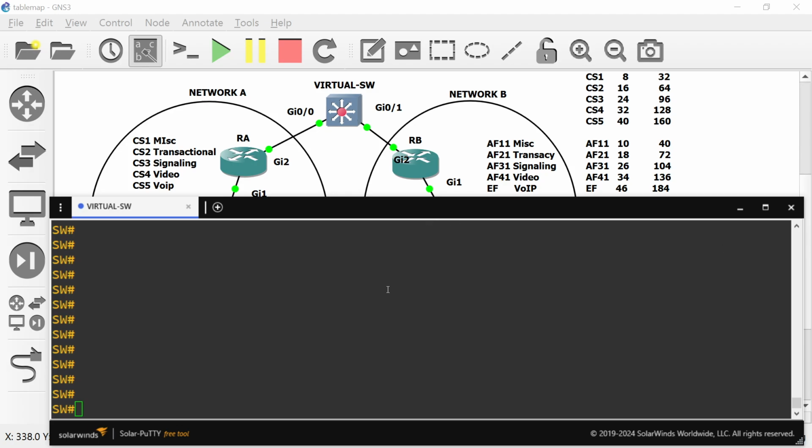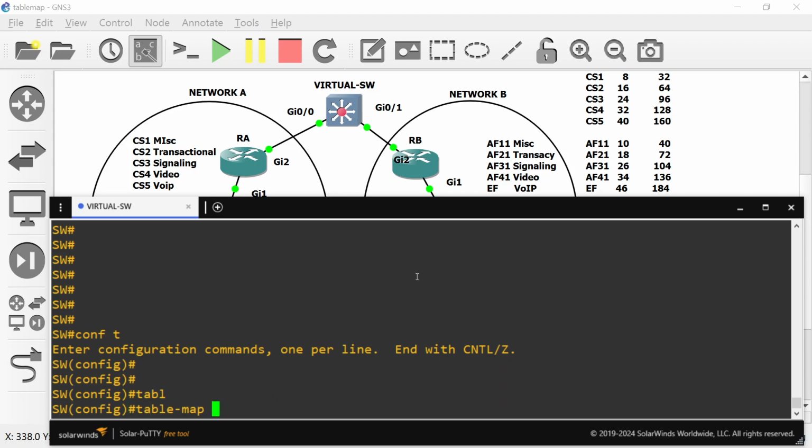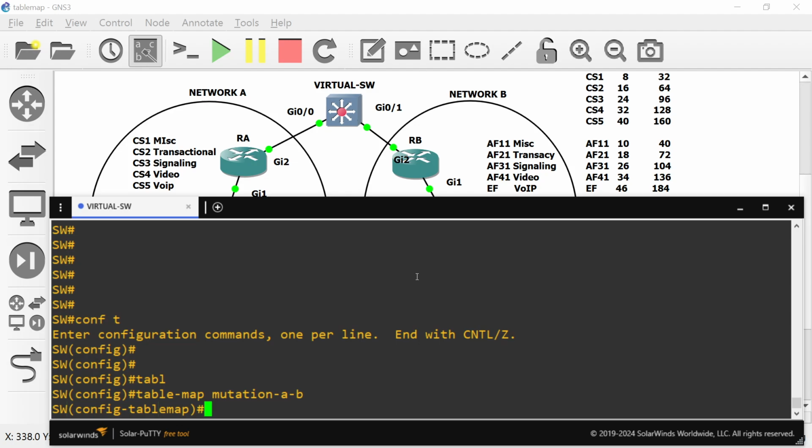Notice that in order to create your table maps, you cannot actually go and type in CS1, CS2, CS3, CS4, CS5, AF11, AF21, AF31, AF41, and EF. You have to use the decimal equivalents of these markings. So in order to perform mutation from network A to V, I'm going to create table map mutation from A to B, and I'm going to use map from a decimal value of CS1, which is 8,